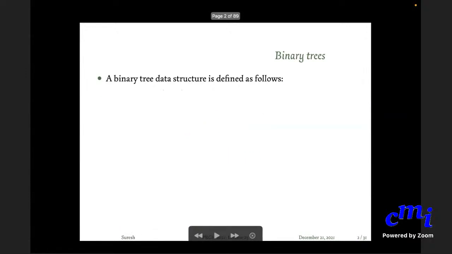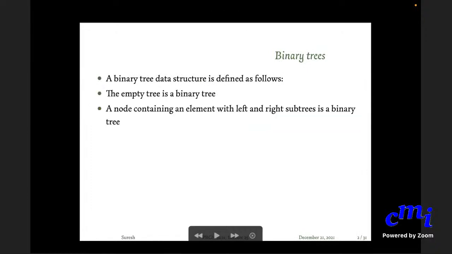Okay, so in the last class we looked at binary trees, and the binary tree structure is defined as follows. It's either the empty tree or a node containing an element and a left and right subtree. In Haskell you write it as this data declaration. So it's either the empty tree, which let's call the constructor that corresponds to that Nil, capital N Nil. That is the empty tree. You can call it anything you want.